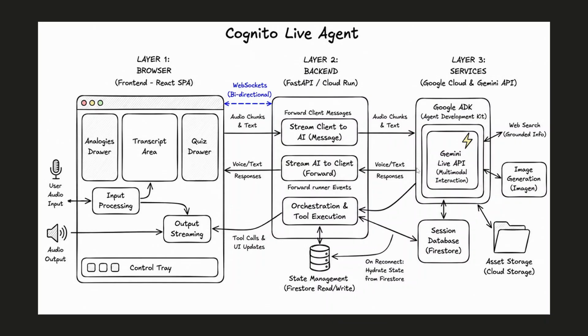The primary driver of the Gemini Live API is the Google Agent Development Kit, which is an agentic framework for creating, orchestrating, evaluating, and optimizing AI agents, essentially. The images that are generated in the analogy drawer are stored on a Google Cloud Storage bucket. These images are powered by the image generation model Imagen, particularly Gemini Image Flash,